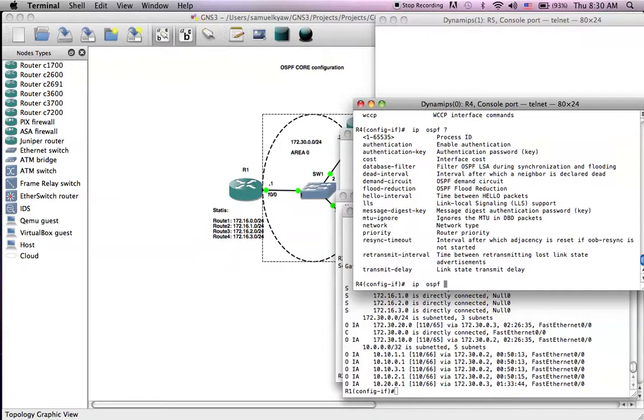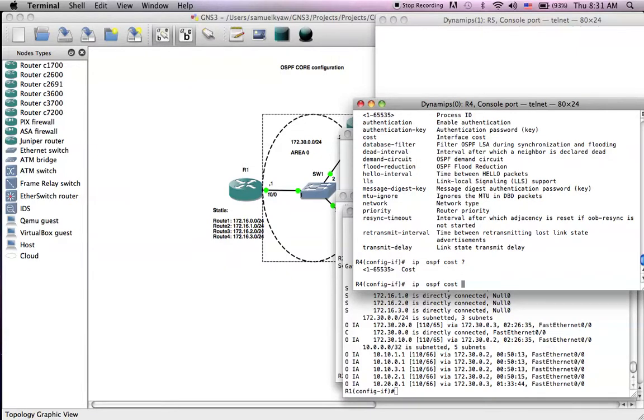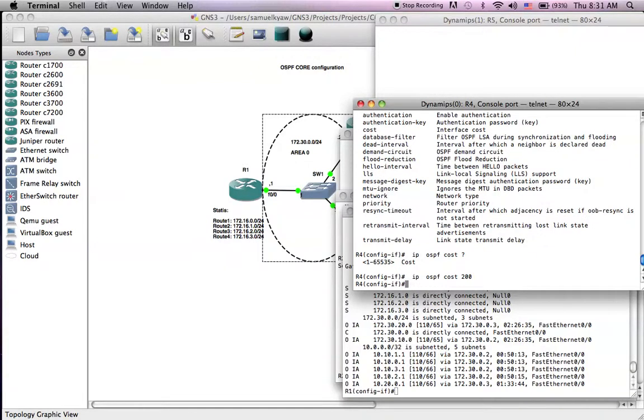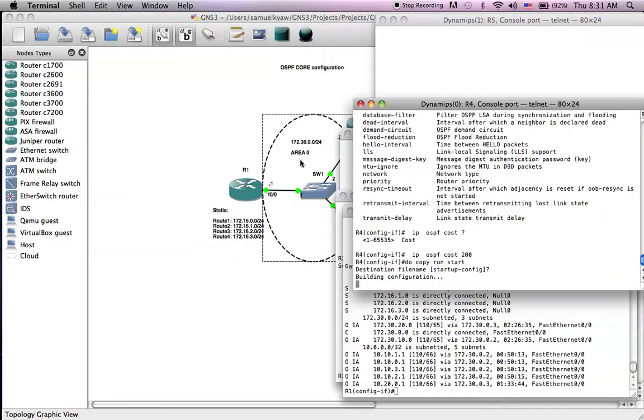IP OSPF, and you will see the hello interval, cost, priority, cost. So let's change it to 200. Okay, just to make sure, do copy and save. Then